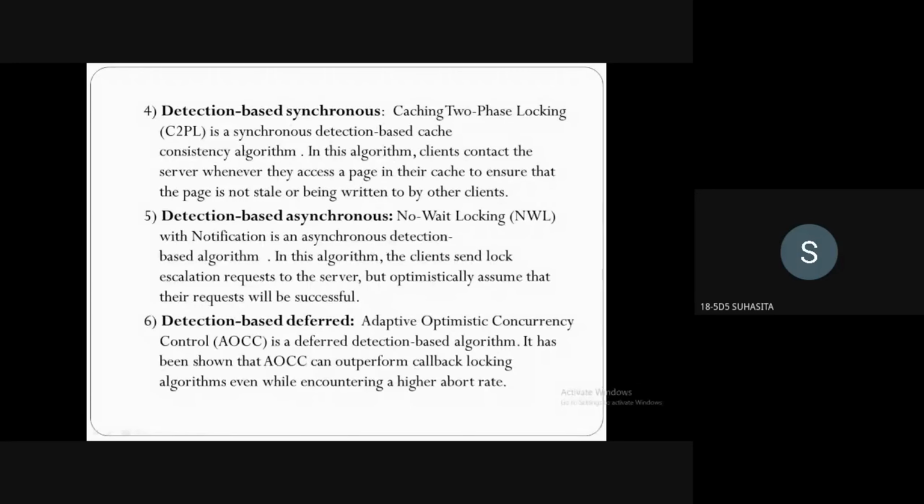Next one is the detection-based synchronous algorithm. Here, the cache two-phase locking algorithm is used. In this algorithm, clients contact the server whenever they want to access any page to ensure that the page is not written by other clients, or is not old or stale. Next one is the detection-based asynchronous algorithm. Here, the no-wait locking algorithm is used. In this algorithm, clients send